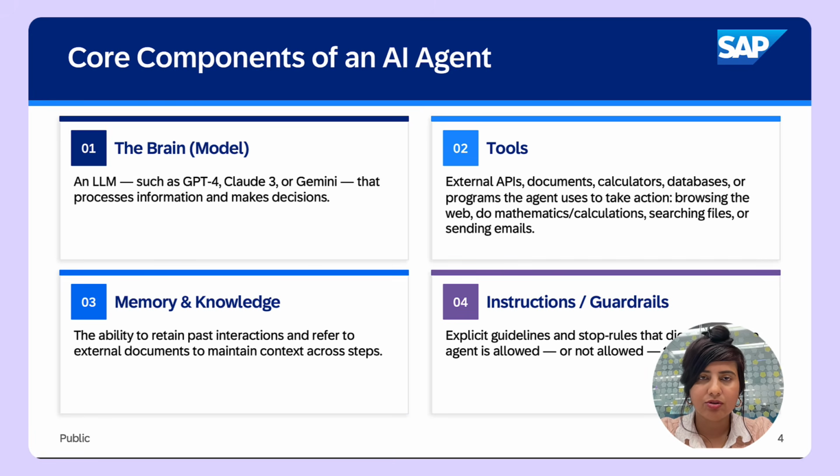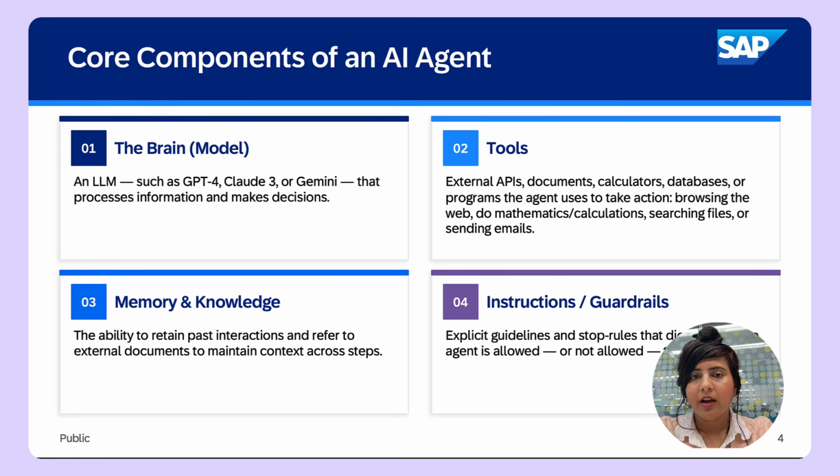Fourth is the instructions or guardrails. For example, imagine a person who knows how to drive but doesn't know the traffic rules. What will happen? The person might drive randomly, like going the wrong way on a one-way road, without knowing traffic rules. It will be a risky situation, right? So along with the driving skills, there should be guardrails or rules in order to drive a vehicle. Just like that, while designing an AI agent,